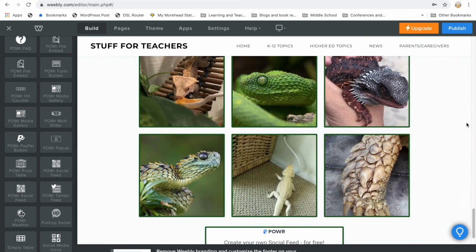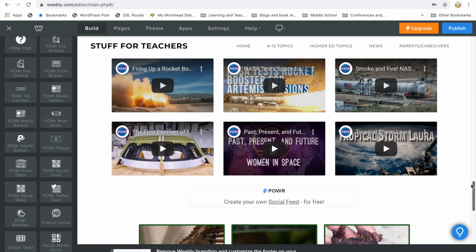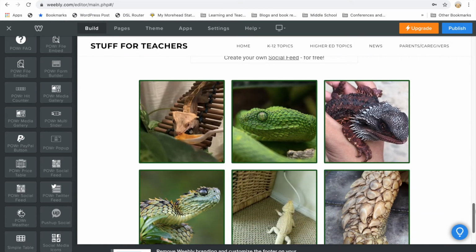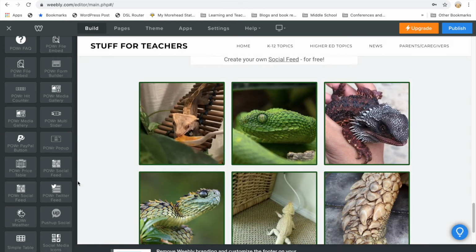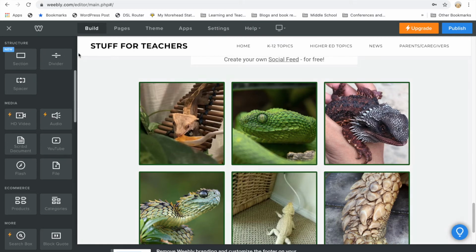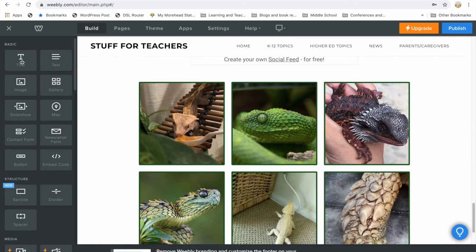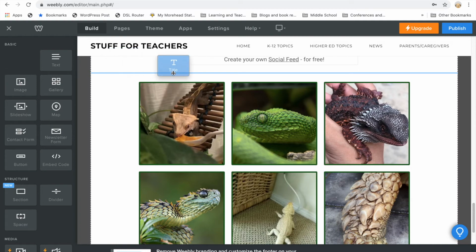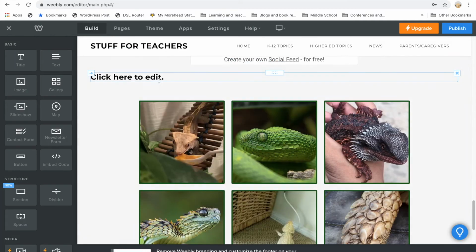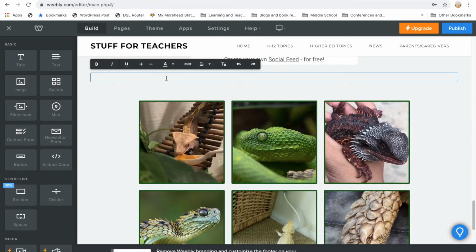Let's scroll down, and here it is. However, there is still something missing. I can't just put a feed in and not explain what it is. So let's get ourselves a title, click and drag it in, edit,